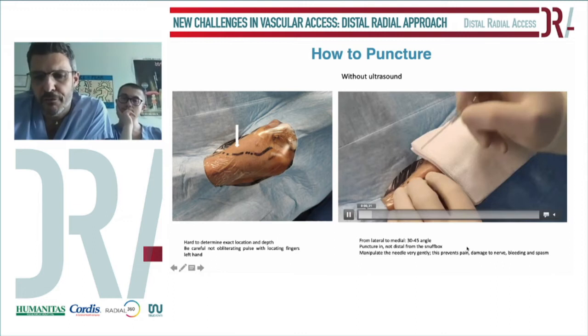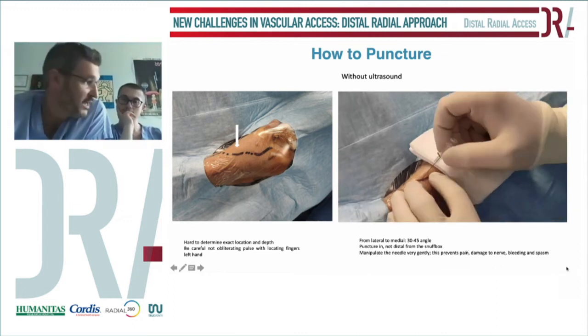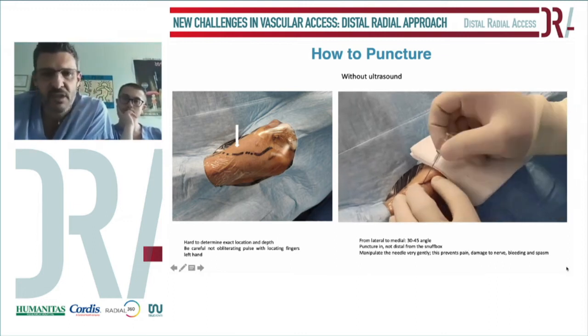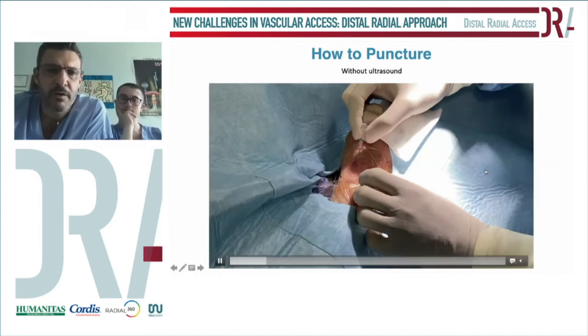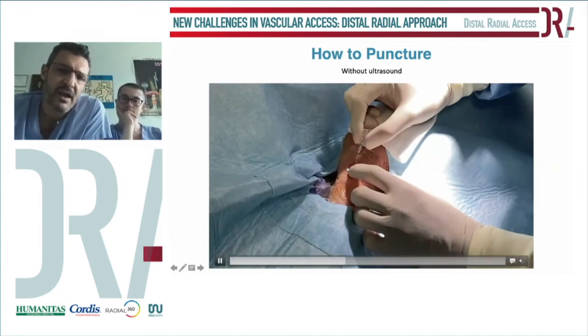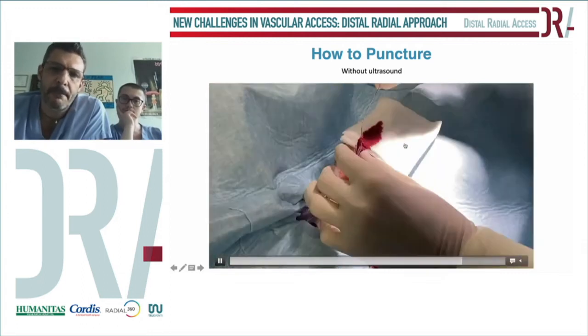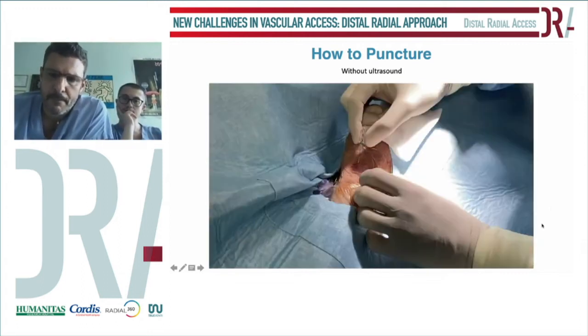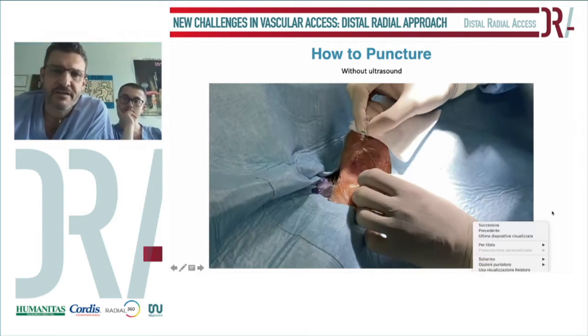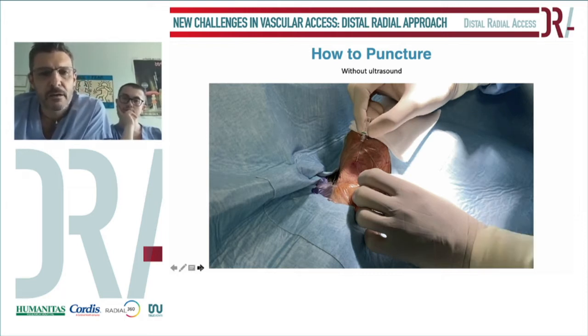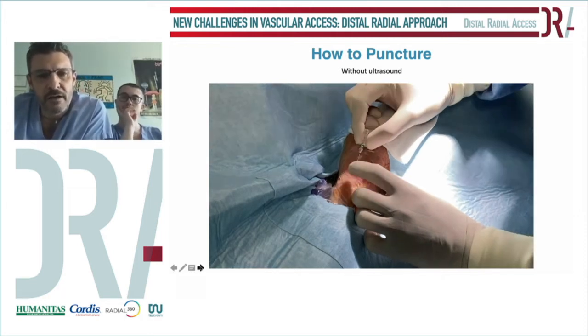This is the first case performed by Damiano, if I remember well. And this is a puncture that I performed. So look, from lateral to medial, and the pulse is very good. If you feel some resistance advancing the wire, you have to wait. You can check with the contrast directly through the needle, but you don't have to push the wire. You have to avoid any strong